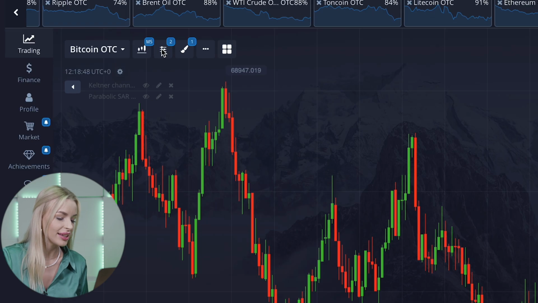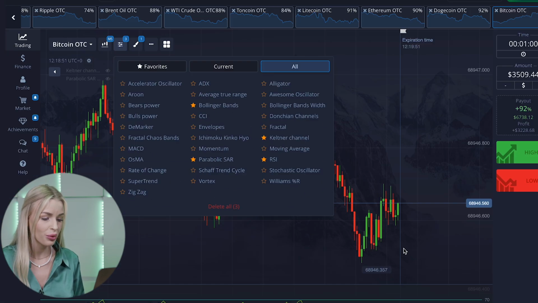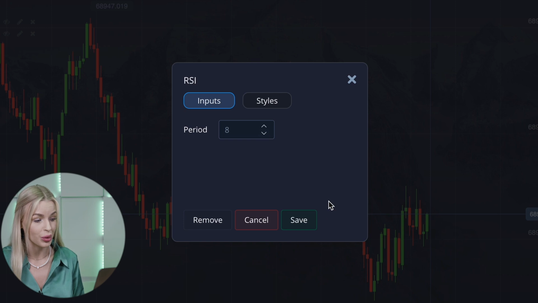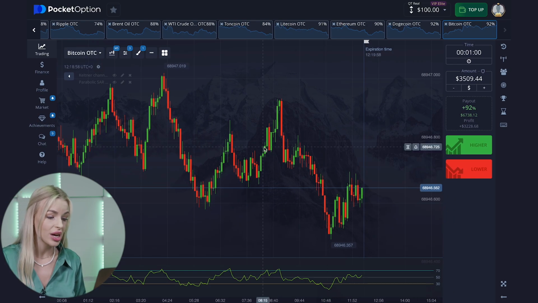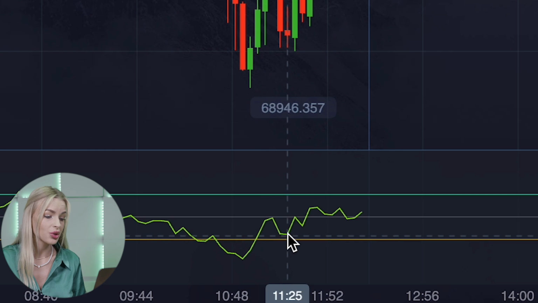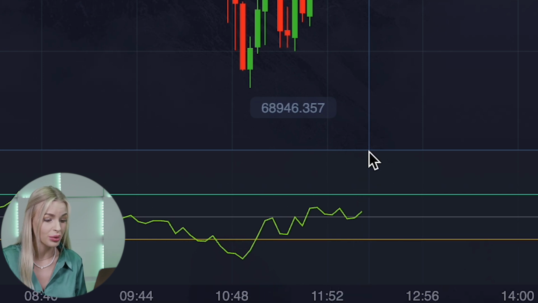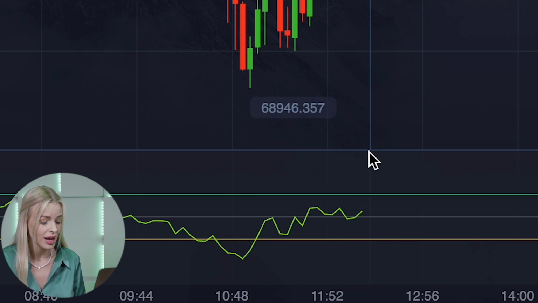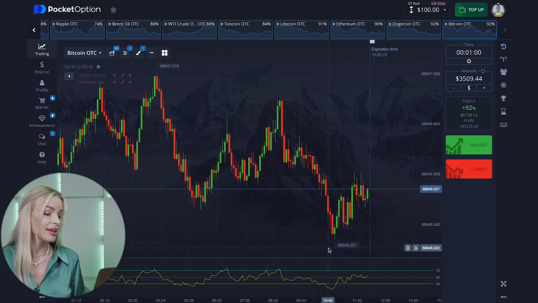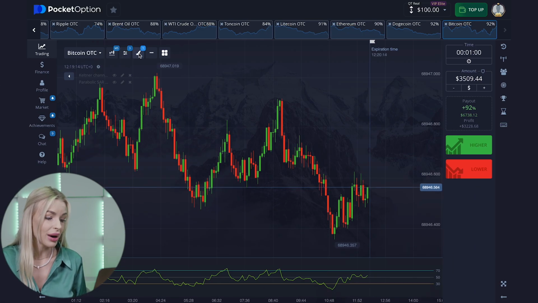How does it work? First, let's turn on the indicator. Here it is. Before we look at the chart, let's set the average value of the period to 8. Then we will adjust it depending on the trend. A histogram appears on the chart below. It shows us the price movement within two zones, the overbought zone and the oversold zone. Now let's talk about the basic market setups.